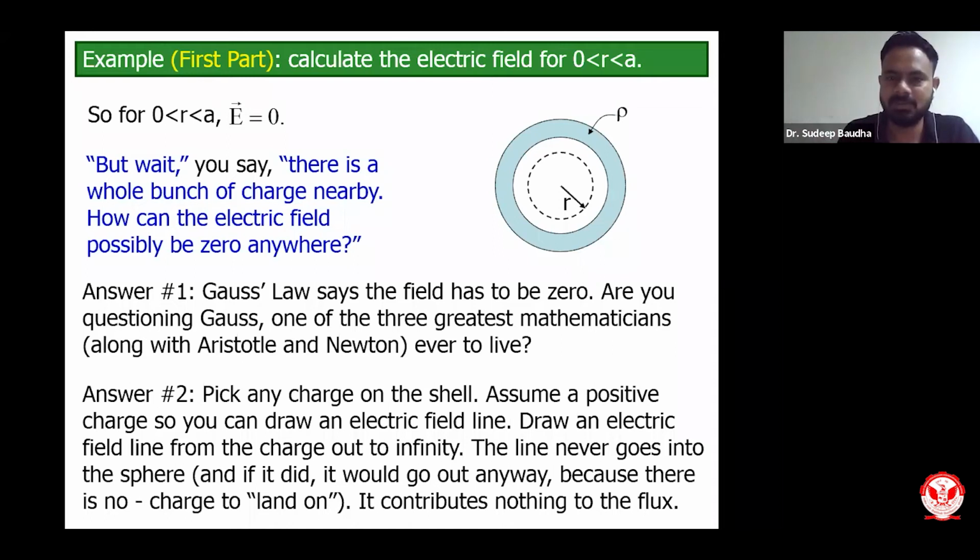As I have said, there is no charge inside, so there is no contribution of electric flux inside. That is the basic reason we can understand. Since inside there is no charge, there will be no net flux inside, and since there is no net flux inside, we will have no net electric field inside a sphere having uniform volume charge density. So this is our explanation behind the electric field inside this particular sphere being 0. Or you can directly say that Gauss says it, so I don't have to prove it. You can take it as an official starting equation where you consider the electric field inside a particular sphere is 0.